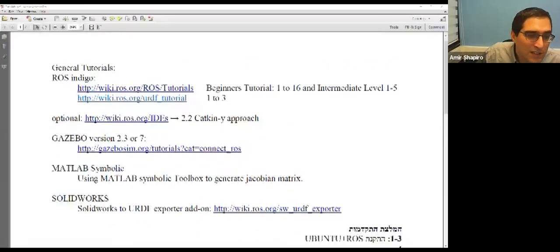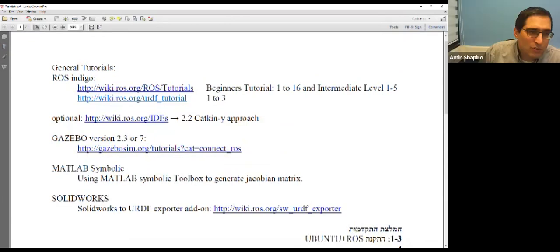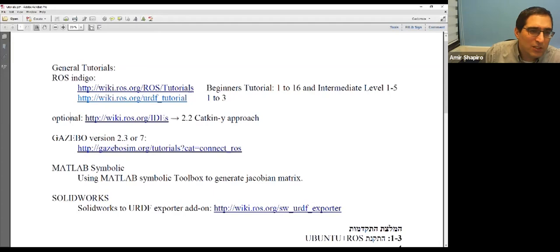Do you see it? So, how to learn ROS? It's pretty old. It's Indigo. I think there are more up to date versions now. I don't remember which is the most up to date version. I know many are moving to ROS 2 instead of ROS 1, which is what we have here. But I recommend you to learn ROS. You can do it through the ROS wiki and the tutorials.